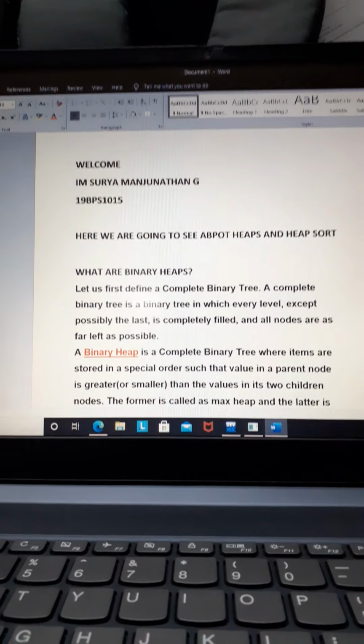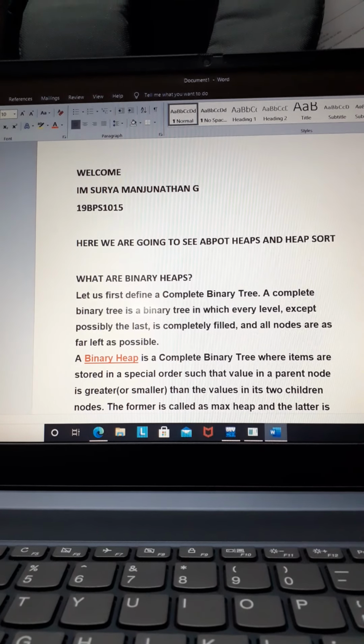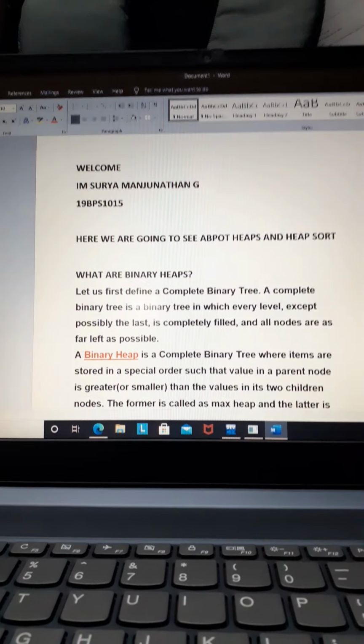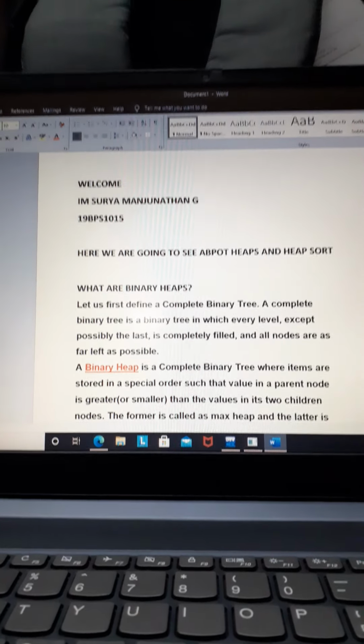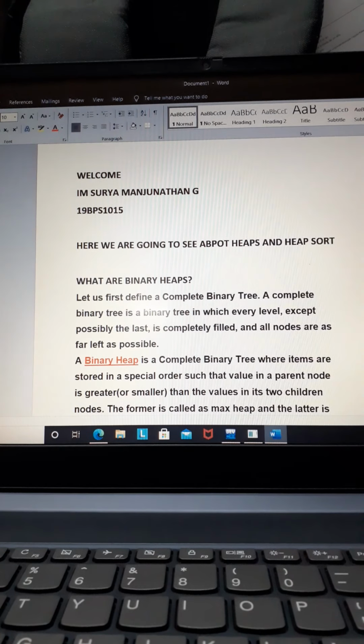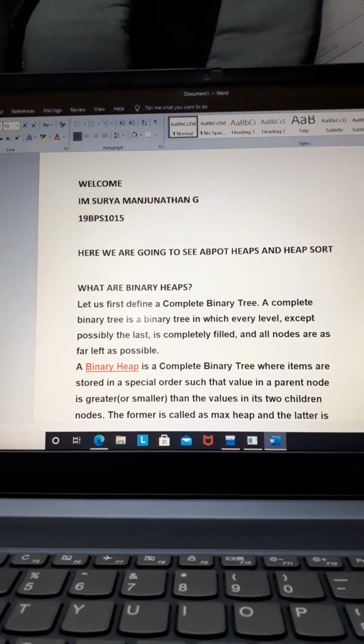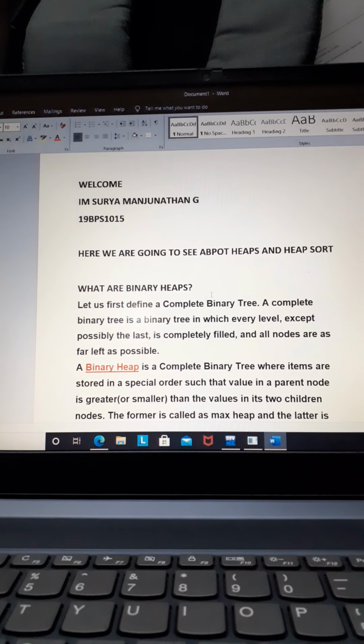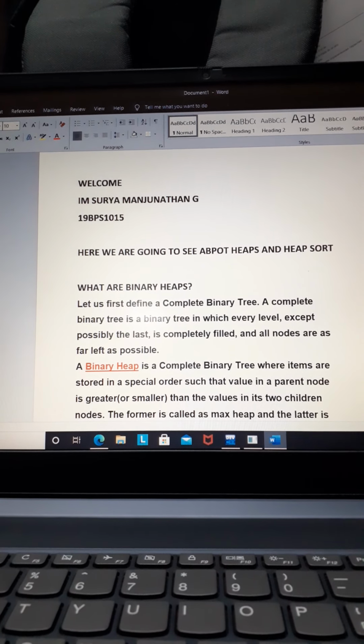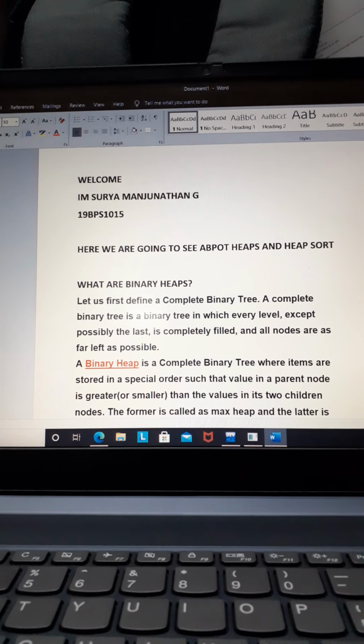In a binary heap, the main property is that the value of the parent node is greater than or equal to the values in its two children nodes. So this is known as a max heap.